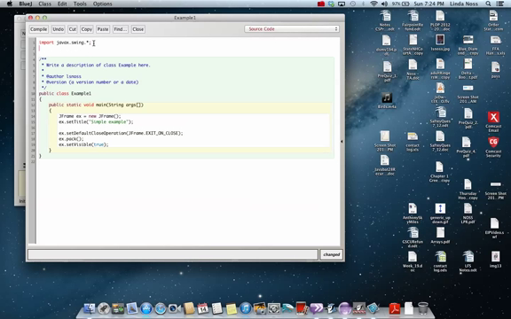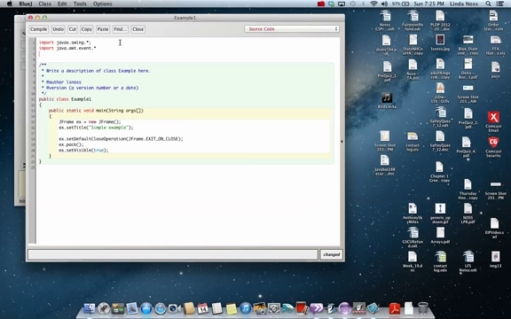So what I'm going to do here is import the event, and that's an AWT. And that should take care of that. Semicolon. Okay, and then the next thing I'm going to do is I have to come down in here and create a button. So right now I have a JFrame and I'm going to create a button, and it's called a JButton because again we're doing Java buttons. And I'm just going to call this